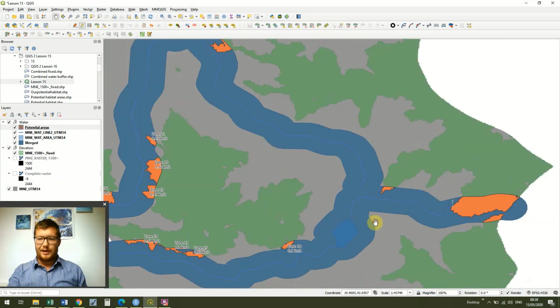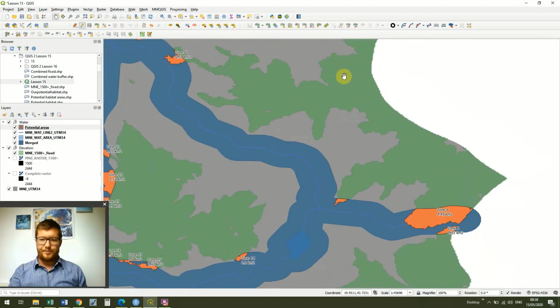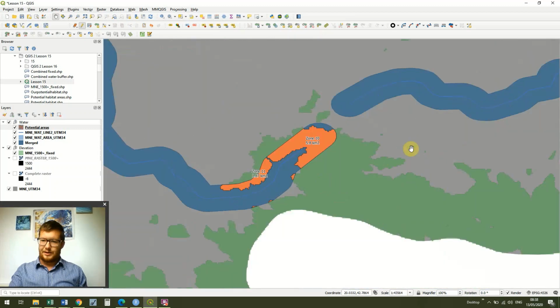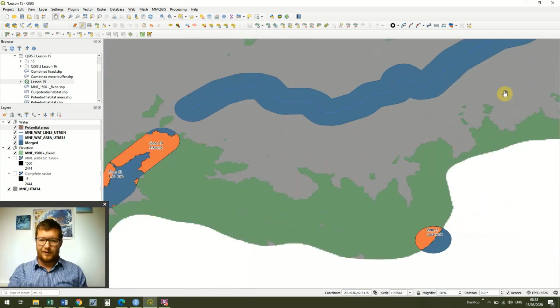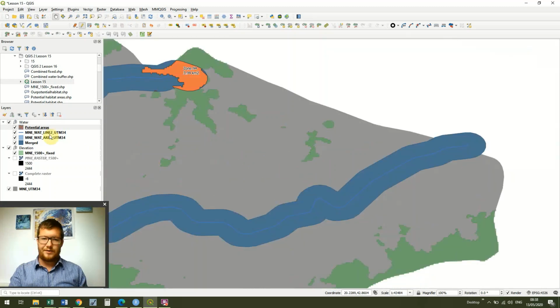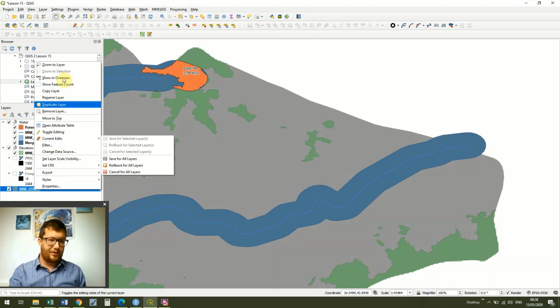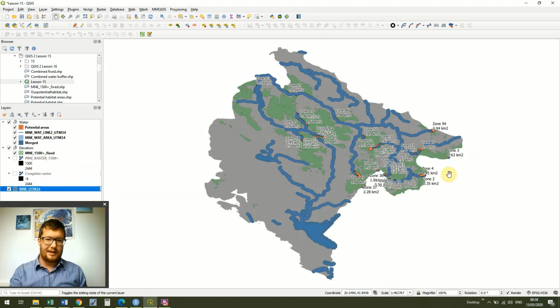But if we're just using our GIS environment between us and other colleagues, or just for ourselves, then actually this is probably fine, being able to view it at this scale. But as we go back out to zoom to our full layer, then obviously we have the same problem again. So I zoom to layer, and we've got all of our